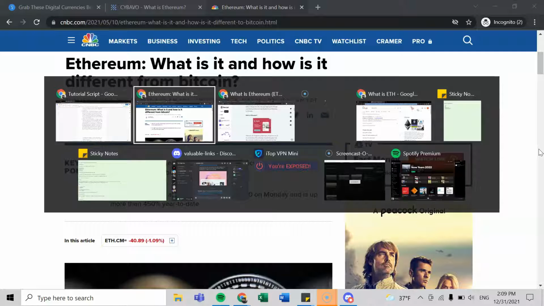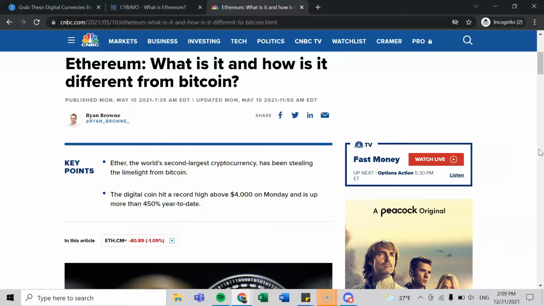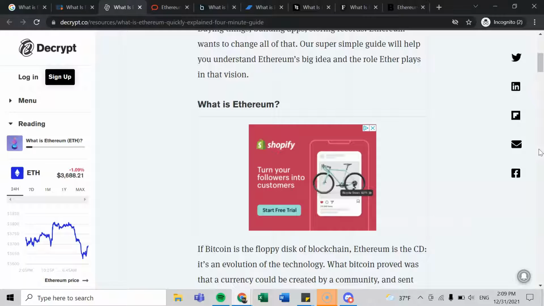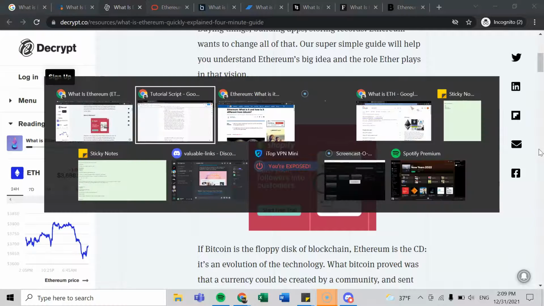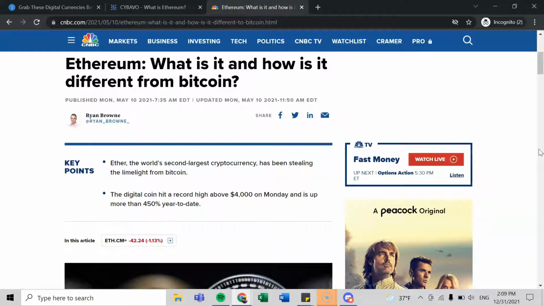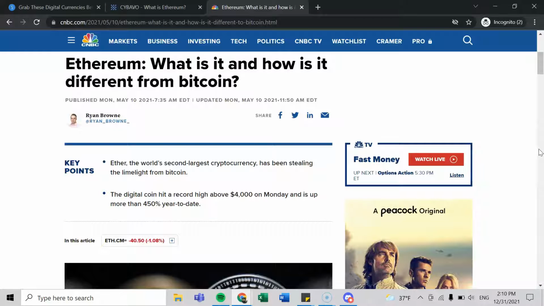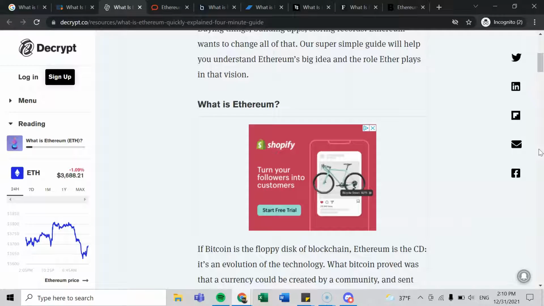But a key command means clicking instead of holding. So what we want to do is hold Alt and click Tab once, and we go to our article. If we want to repeat that process, Alt Tab, boom. So hold Alt and click Tab twice. 1, 2, 1, 2. As you can see, by holding the Alt key and clicking the Tab key in quick succession, you can switch between windows really quickly without having to use your mouse.